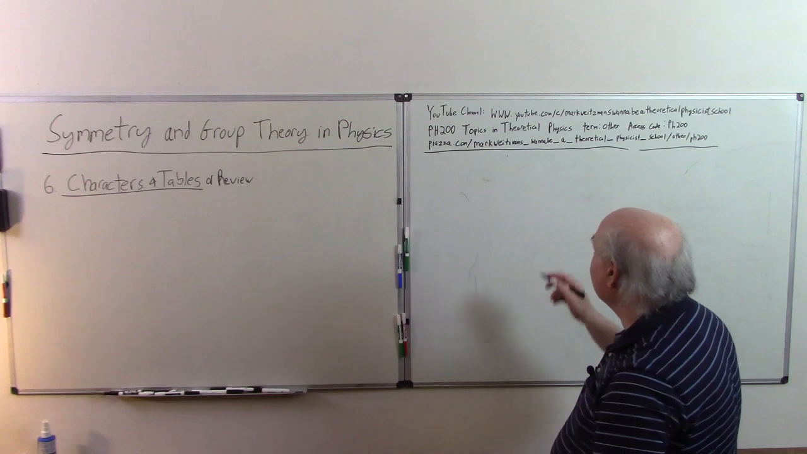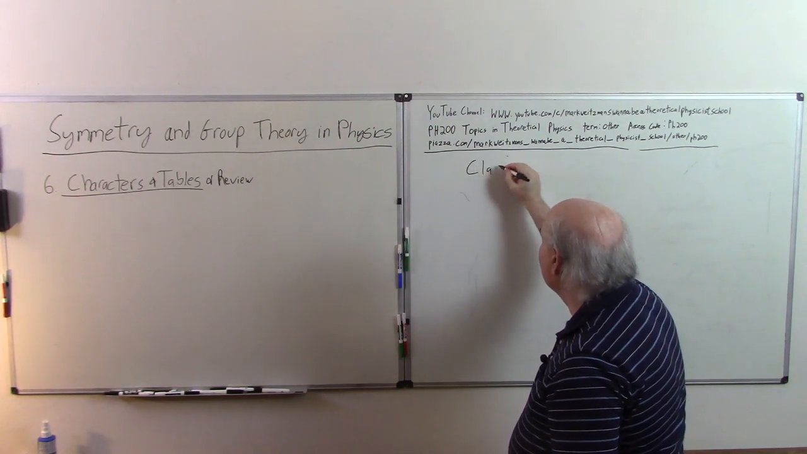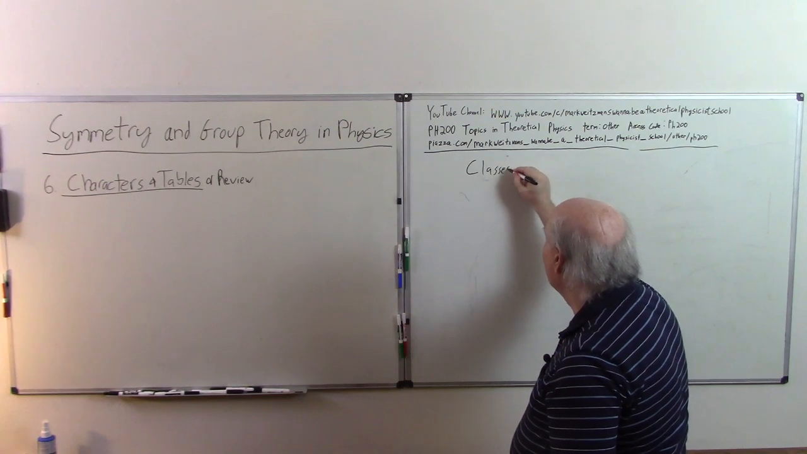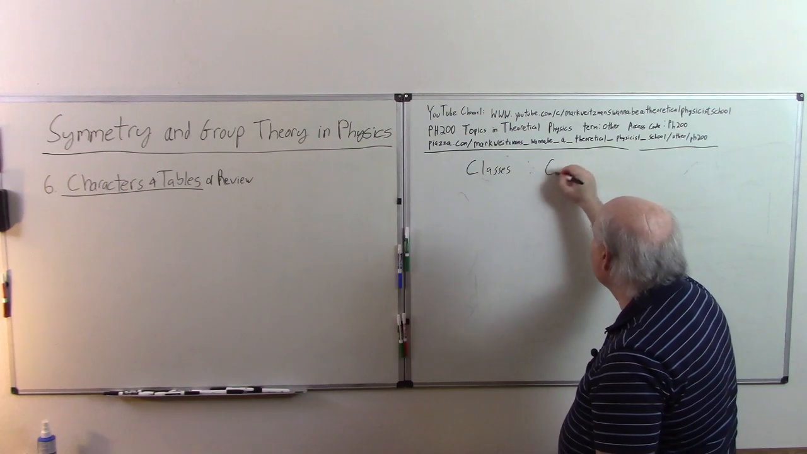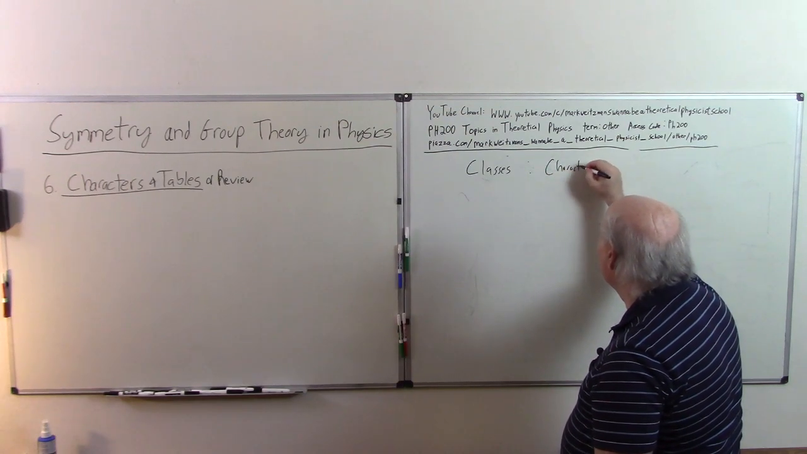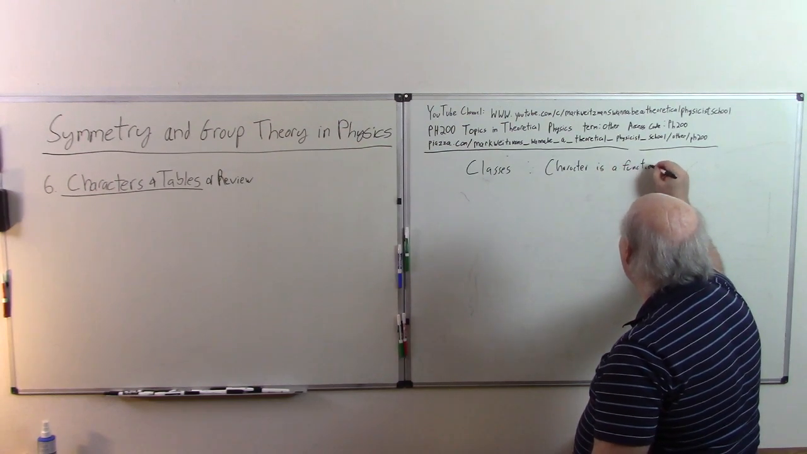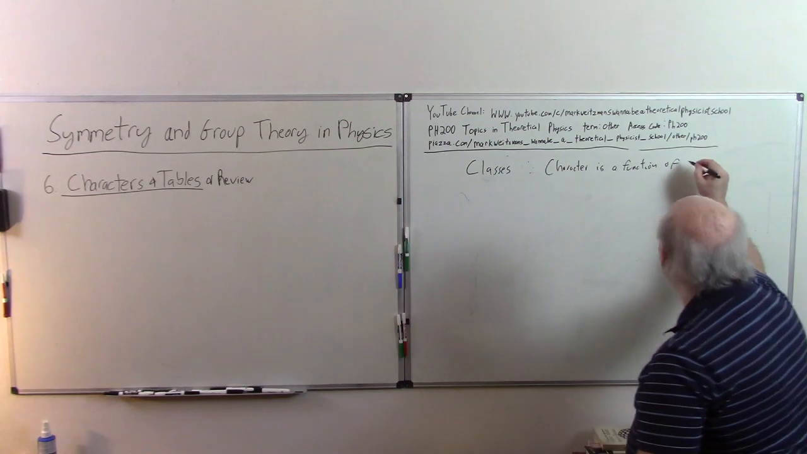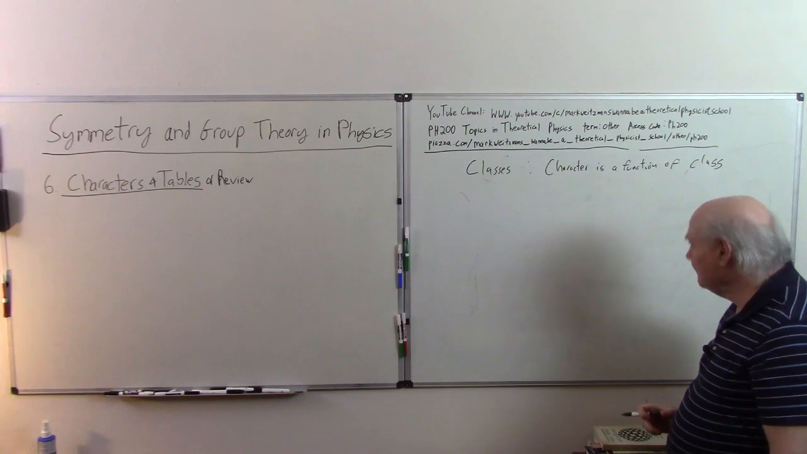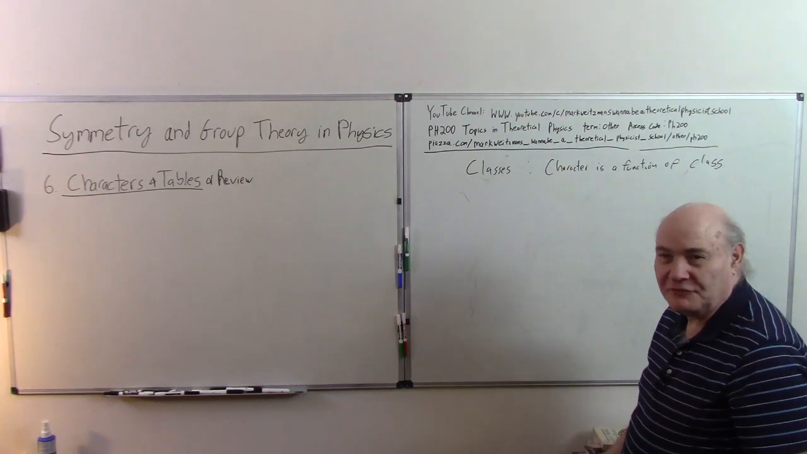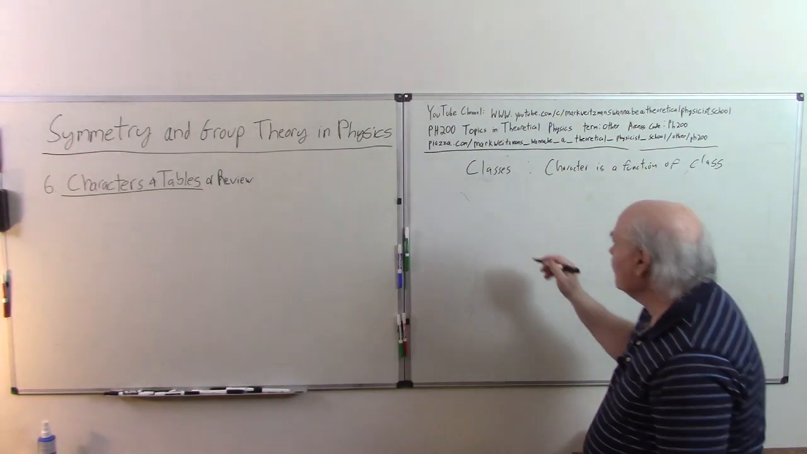Before I get to characters and character tables, there's one thing I left out which is very important: classes. Zee has a quote in his book, "Character is a function of class." It's a true statement verbally, but it's also a true statement mathematically. So if we have a group G,